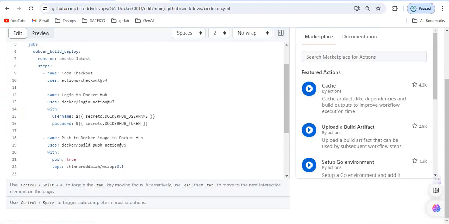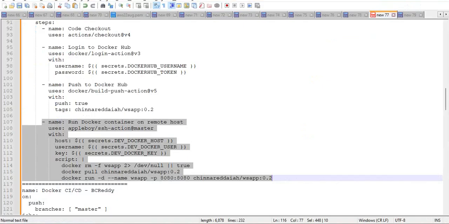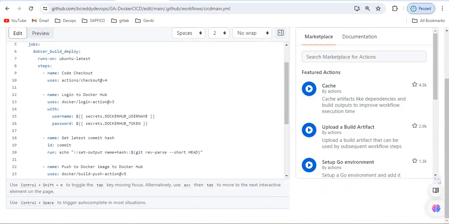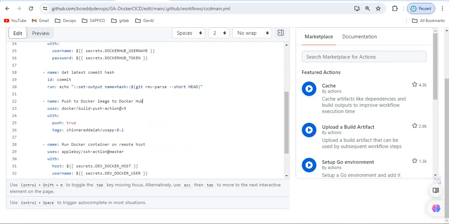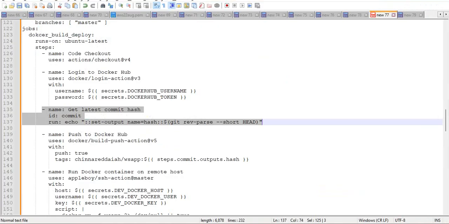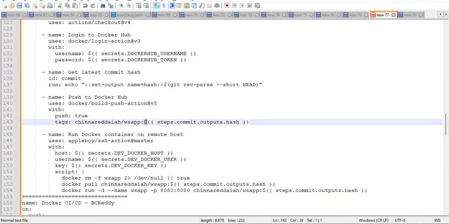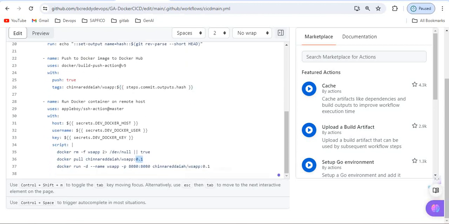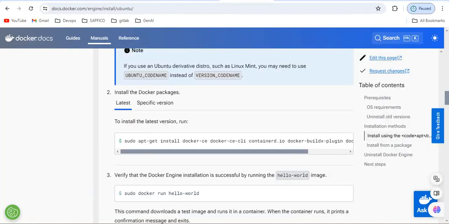Okay. After Docker login, I'm trying to add one more stage, commit ID. Okay. So this is the get latest commit hash. Okay, this is the command. So instead of 01, I wanted to use this commit ID like version commit, and in a similar way I need to use the same and try to use it here also instead of this one. Okay. Now if you observe here,